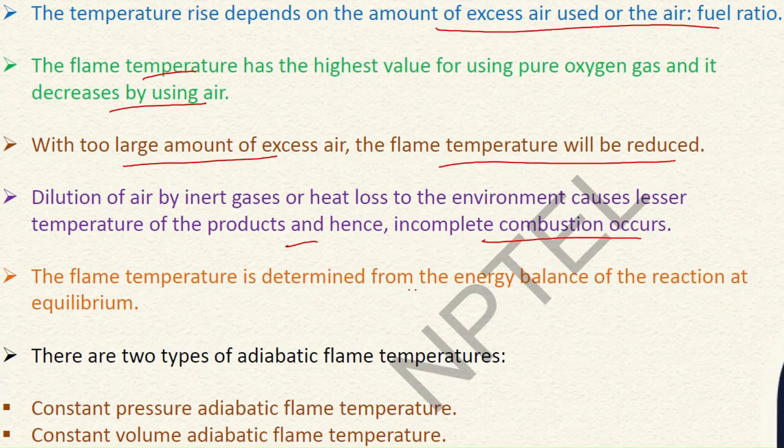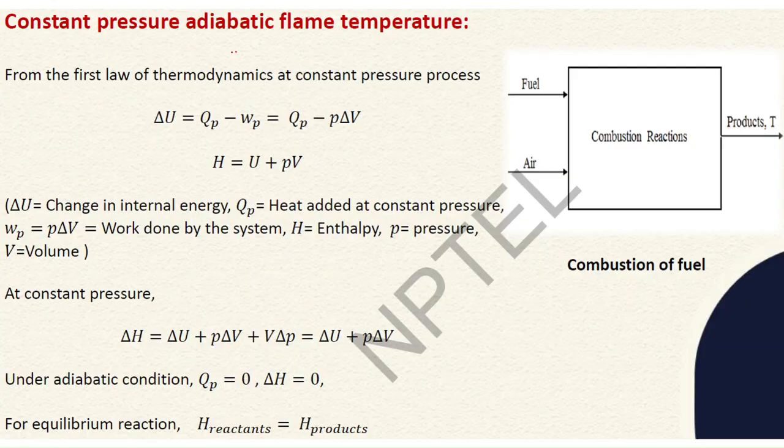The flame temperature is determined from the energy balance of the reaction at equilibrium. There are two types of adiabatic flame temperature: the constant pressure and the constant volume adiabatic flame temperature. Now coming on to the constant pressure adiabatic flame temperature. Here we can see a combustion reaction in a closed system where fuel and air are injected and the combustion reaction takes place. There is no loss of heat from the system, and the product is given off. From the first law of thermodynamics at constant pressure, delta Q equals to,